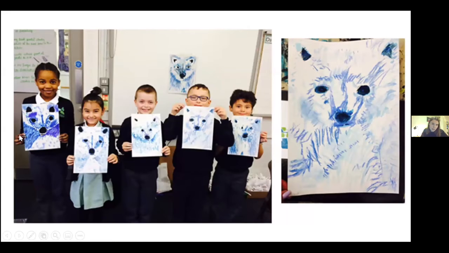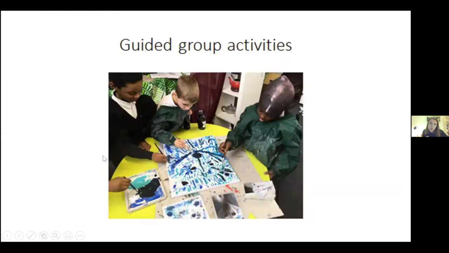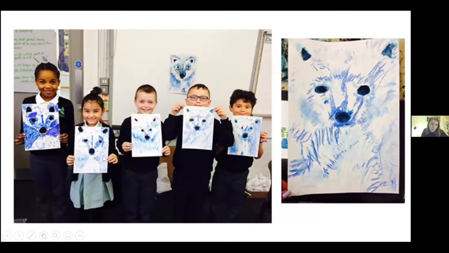And then here you can see the 4 and 5 that they developed. So they just kept going with another shade of blue, and then they used soft pastel, dark blue pastel, to add in the jawline and add in the shading. And they'd already done that with charcoal before. It's not that different, so they knew how to do that. And I modelled it a little bit at a time with them as we were going along.